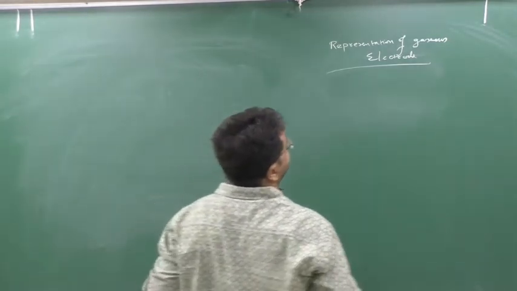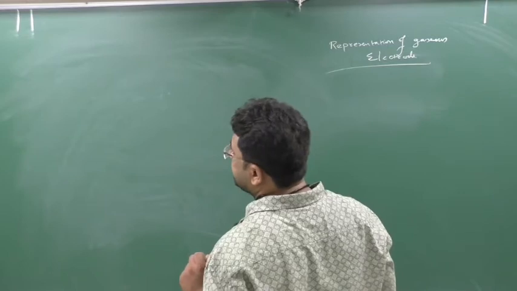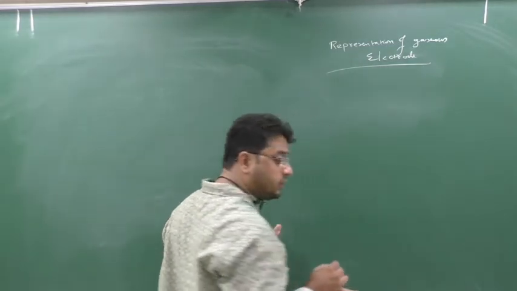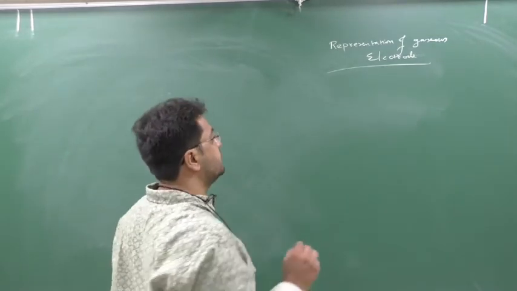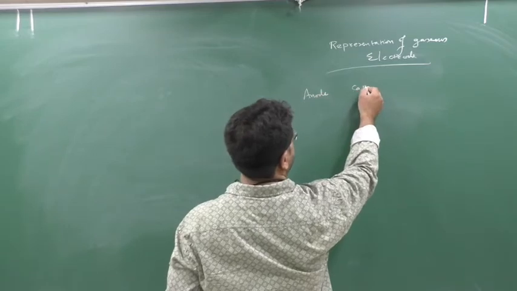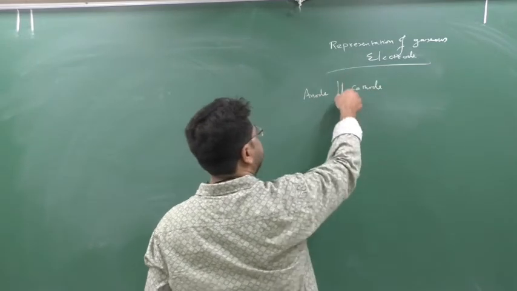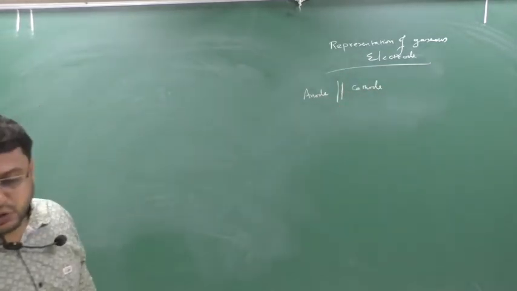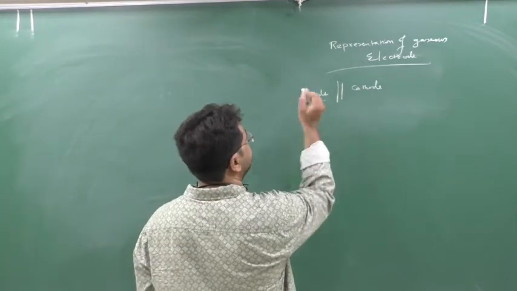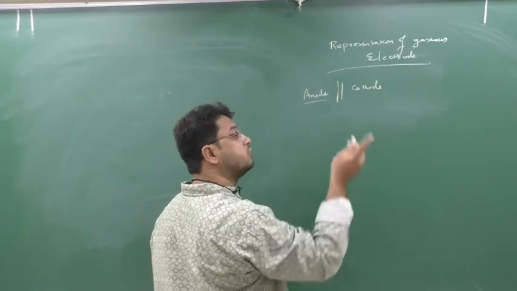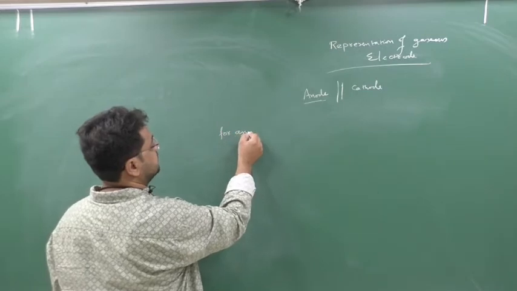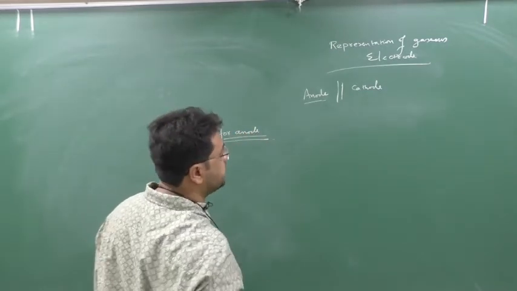So here what we are doing is, we are writing the inert electrode also, we are writing the gas also. As you know, we write the anode first, then the cathode, and these two are separated by 2 lines, which we call a salt bridge. Now, anode means, how to write the anode? If it is a gaseous portion, how to write the anodic portion?